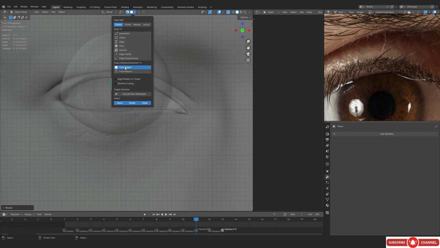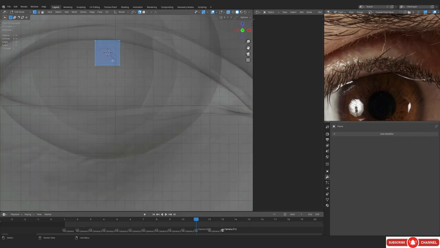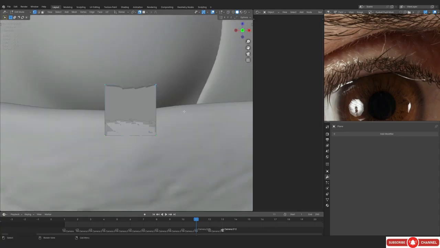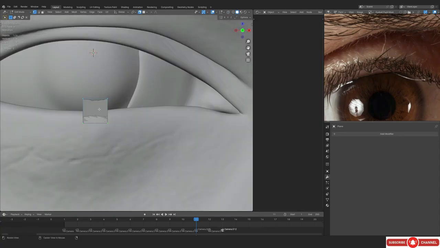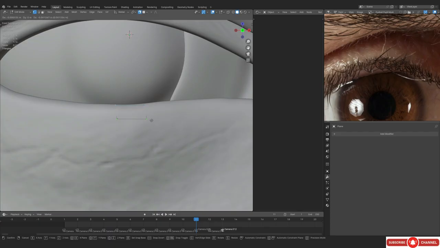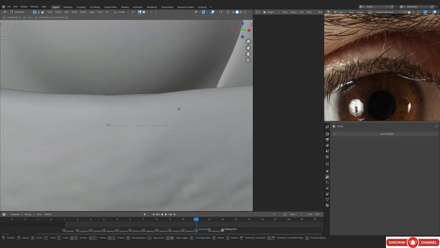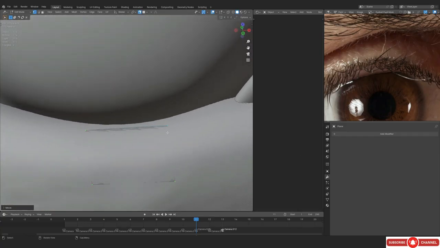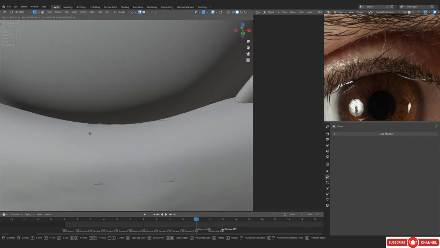So basically just go into your snap options and make sure that snap individual element is on, with move, rotate and scale, on all three of those actually. Just like we do the retopo, I really hope that you have a little bit of experience with the retopo. We are kind of doing a similar thing. First things first, we are gonna be matching, or lining up, I think is a better word. We're gonna be lining up the corners first.